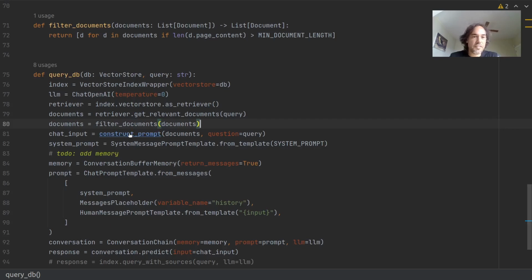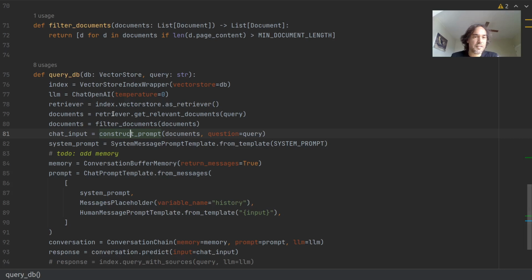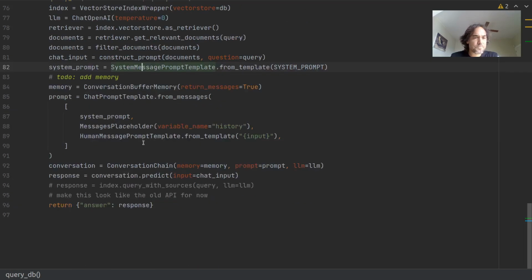Then we build the prompt with just basic string formatting. And then we create our system prompt template. We can use memory. I haven't wired this up to the UI yet, but in theory, it should be possible to keep the chat history, which will presumably let you ask follow-up context-specific questions.